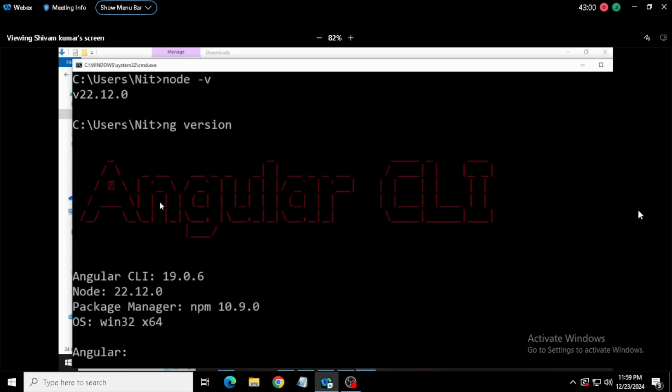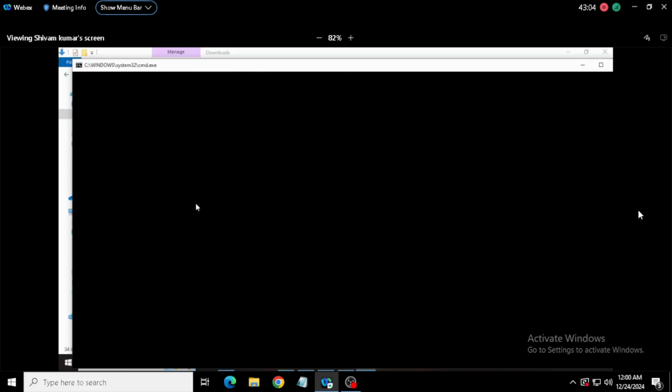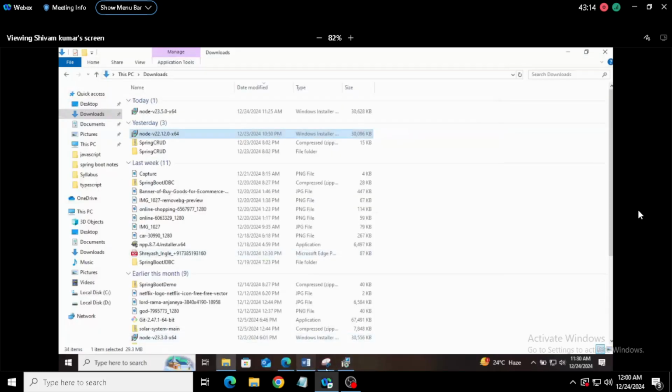So this time it's not giving any warning. Returning the Angular version without any warning means Angular will work fine with this version. No problem. Understood? Okay, cool. So what you need to do,